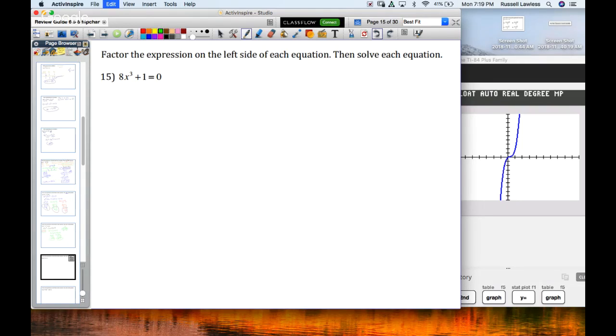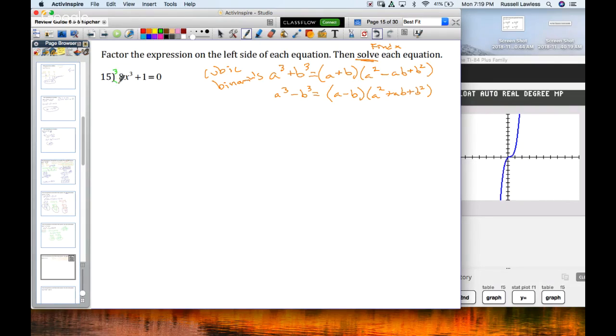This is going to be using those cubic equations. I'm going to take the cube root of 8x cubed, which in this case is 2x. I'm also going to take the cube root of 1, which will give me 1. So we're going to use the equation where we're adding, so we're using this one this time. That would give me 2x plus 1